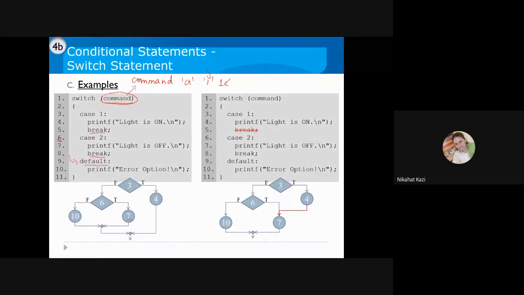Now, this break statement that is there in the switch statement is optional. Even if you don't put this break statement, it will still work, but it will not work as intended. On the right hand side, you see one example where we have removed the break from the first case, after the printf statement in case 1. So when you do this, what happens is,